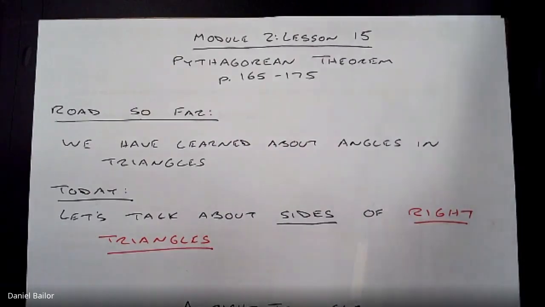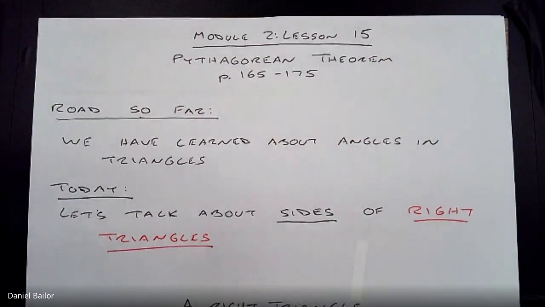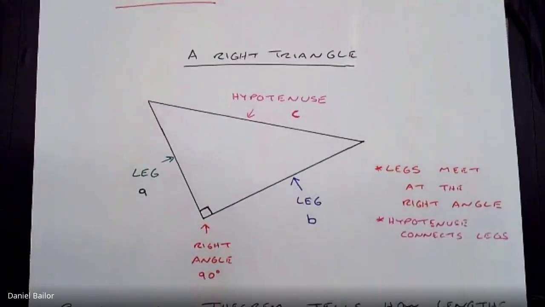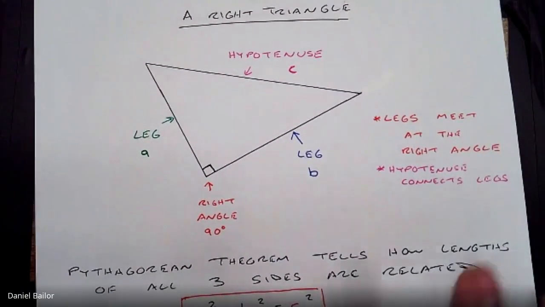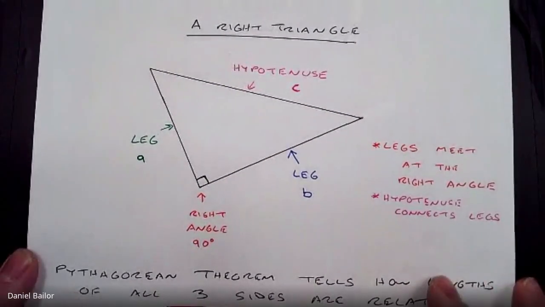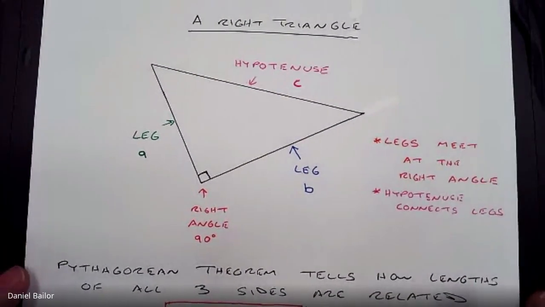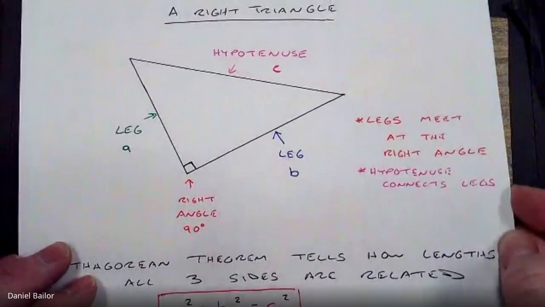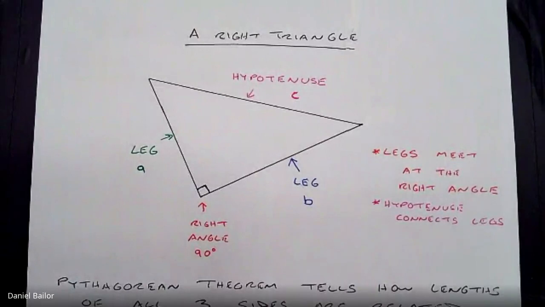So let's look at a right triangle so we can talk about what the Pythagorean theorem actually does for us. How does it help? So right here, this is my diagram of a right triangle. So here we go. I'd like you to copy this diagram into your notes so that you have it to look at